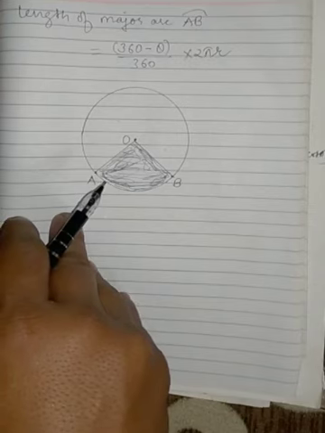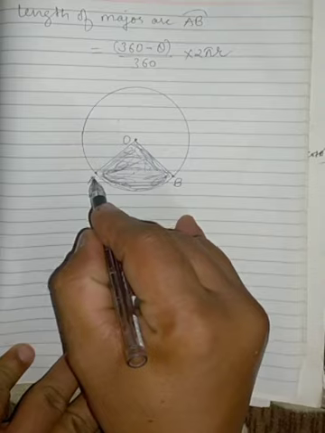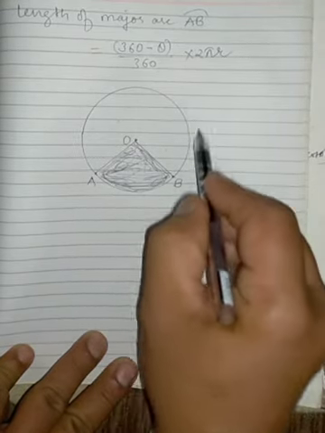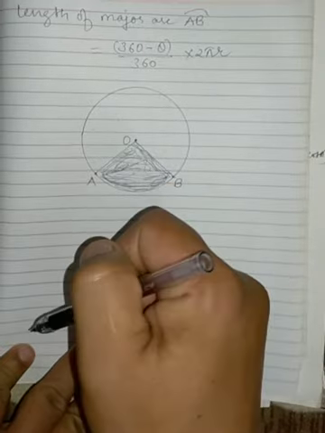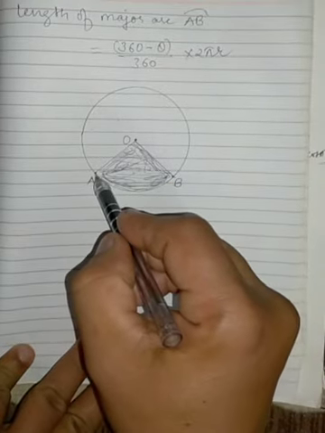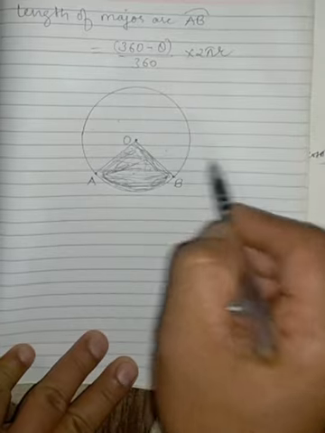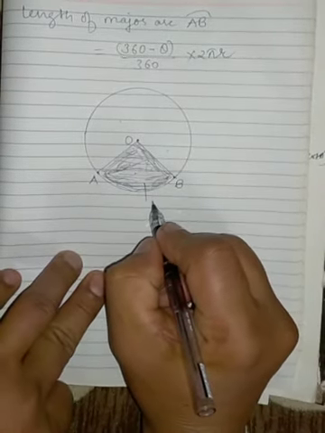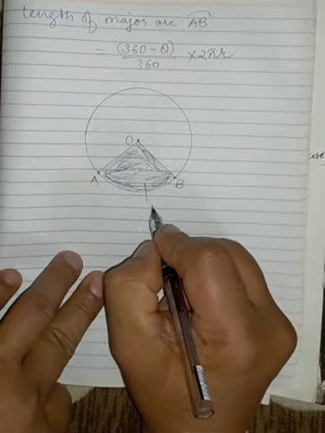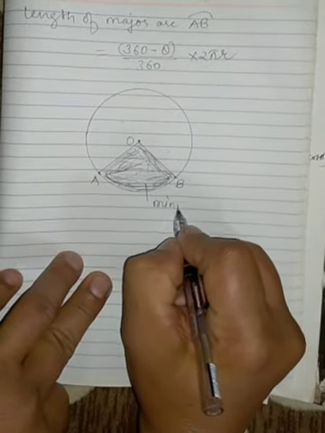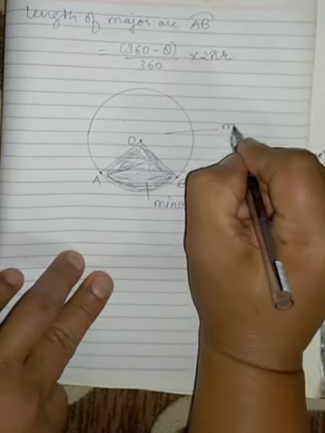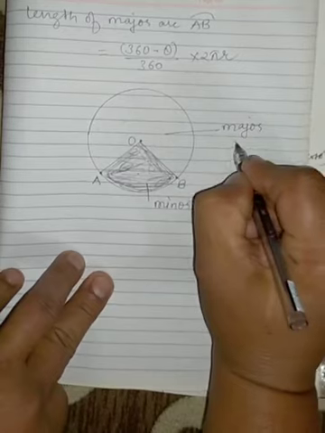So here two parts we can see. First part is AOB, this one, and second part is AOB, this one, which is the remaining part of the area of circle. So by joining AOB, two parts we get, each part is a sector, but because of their short and longer part, we can call them minor sector and major sector.